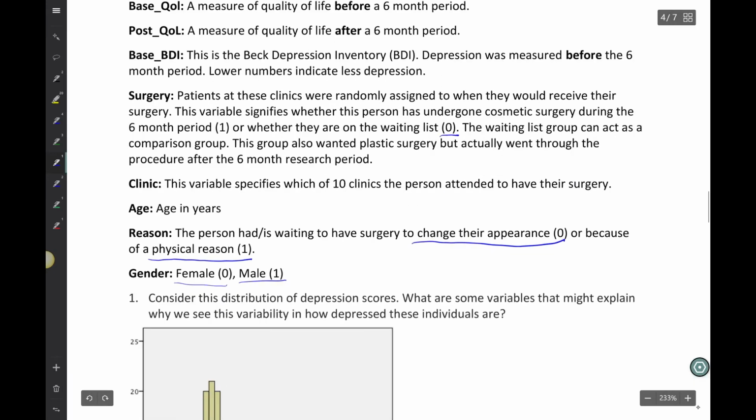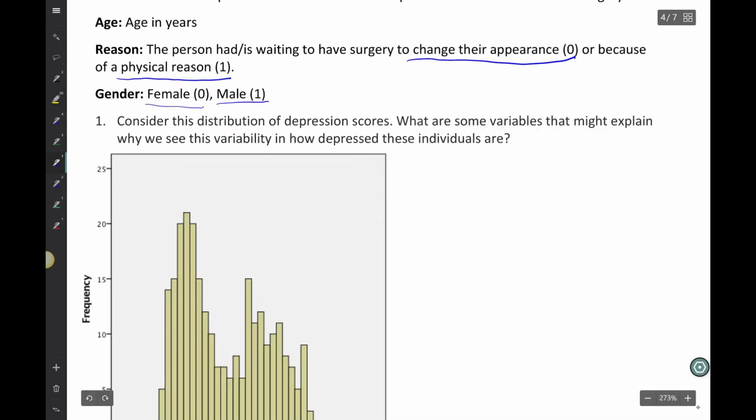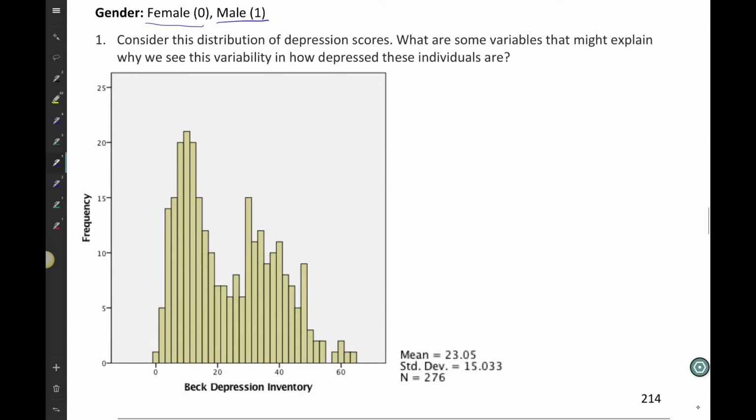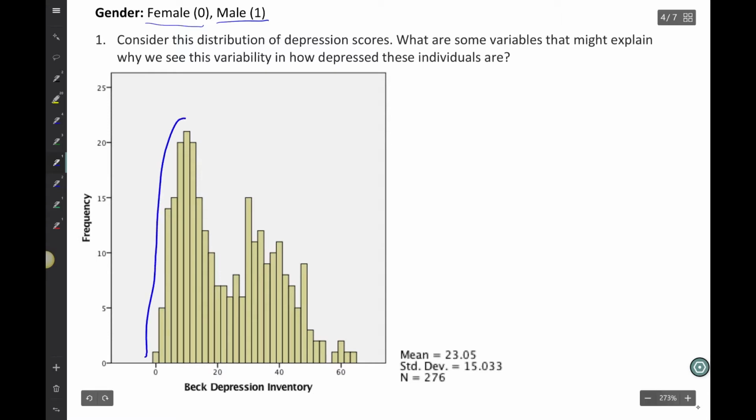So consider this distribution of depression scores. Okay, so here we have a histogram showing depression scores. Depression scores are along the bottom, so we can see from 0 up to over 60. And here we have the number of people with that particular depression score in that range. So we can see there's kind of this bimodal looking